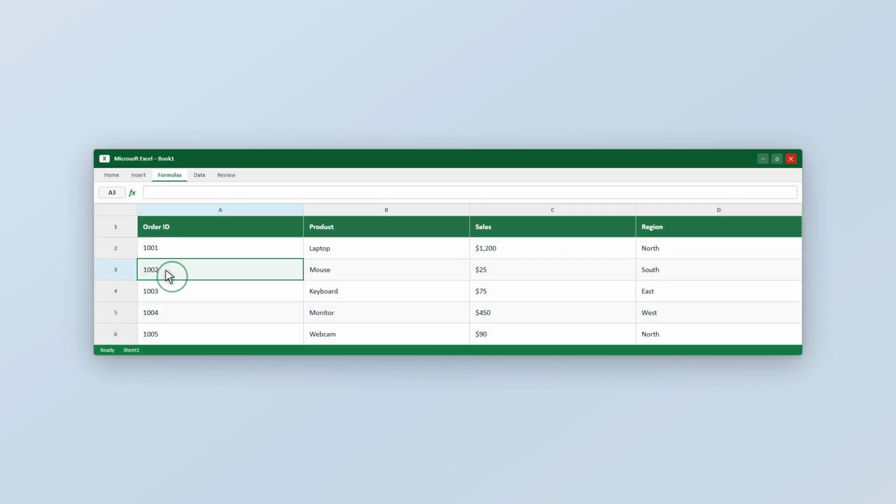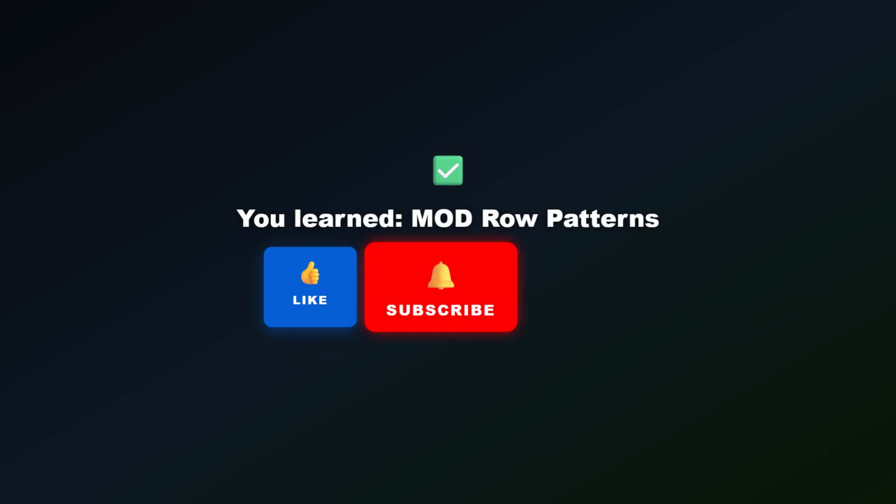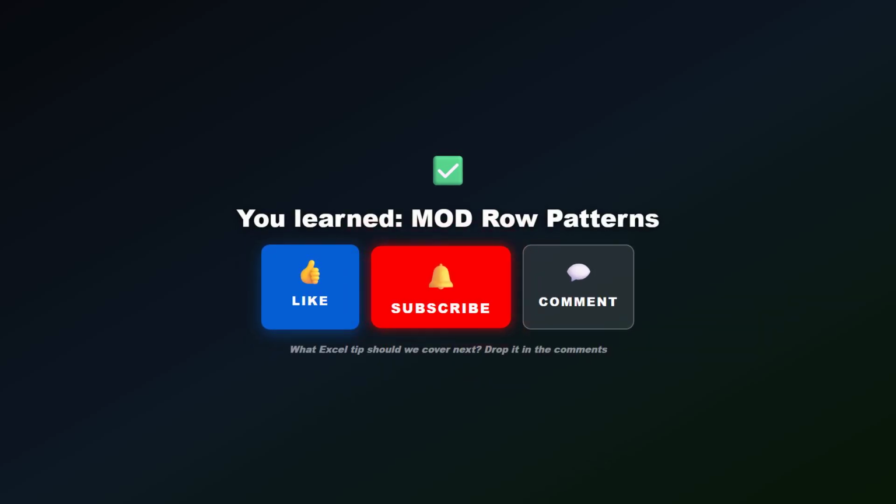Look at that. Every even row is now automatically highlighted with your chosen color, and it updates instantly whenever you add, delete, or sort your data. You just learned how to use the MOD function with conditional formatting to create automatic alternating row patterns that never break, even when